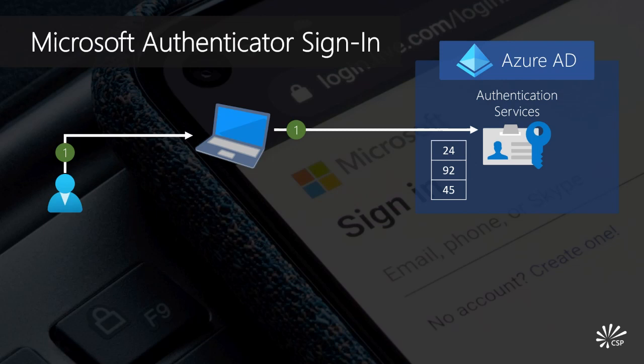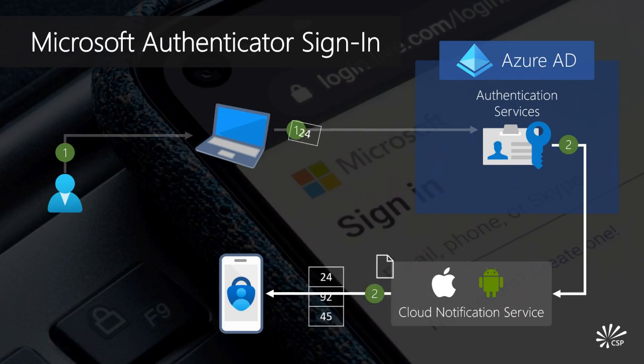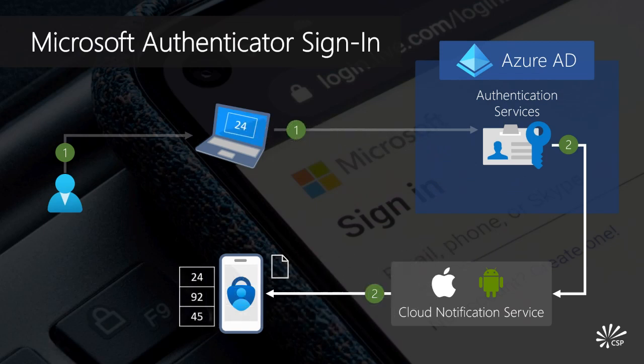I've got 3 numbers, even though it's a little bit different from what we saw in the demo just a minute ago, where I'm actually asked to type in the number. This might be a little bit outdated where they prompted for 3 numbers. But anyways, the authentication service is randomly going to generate numbers or a number to present. It's then going to use a push notification to send the devices, my app's platform, a push notification. And this notification is going to include